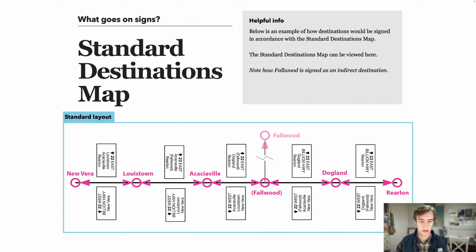Then we pass through Dogland. Forward is now the nearest destination. Acaciaville becomes the next nearest, and so we put that on the second line. And then we pass through Forward. Acaciaville becomes the next nearest. Then Lewistown shows up, and so forth. And finally,